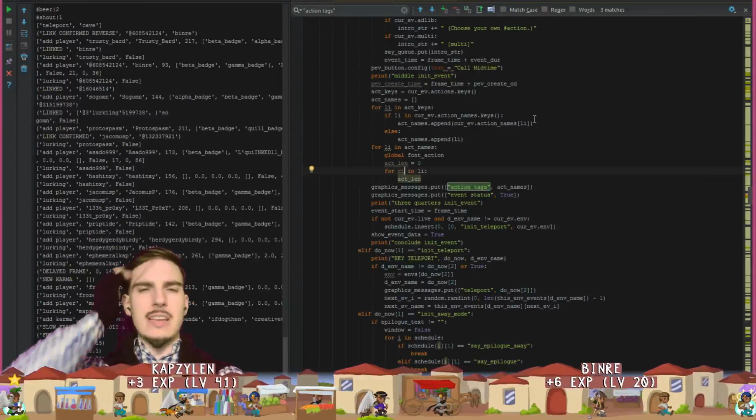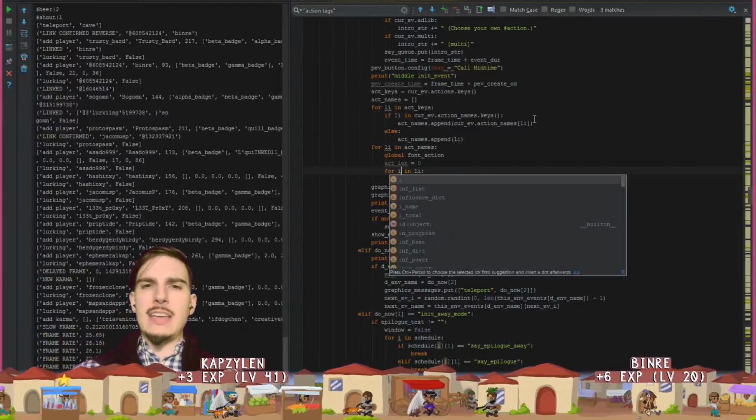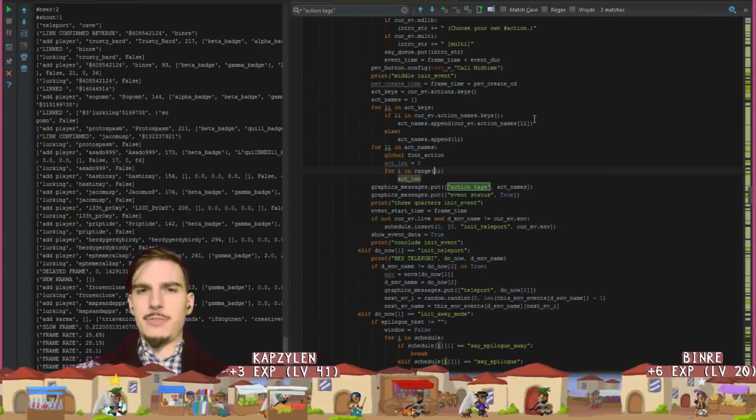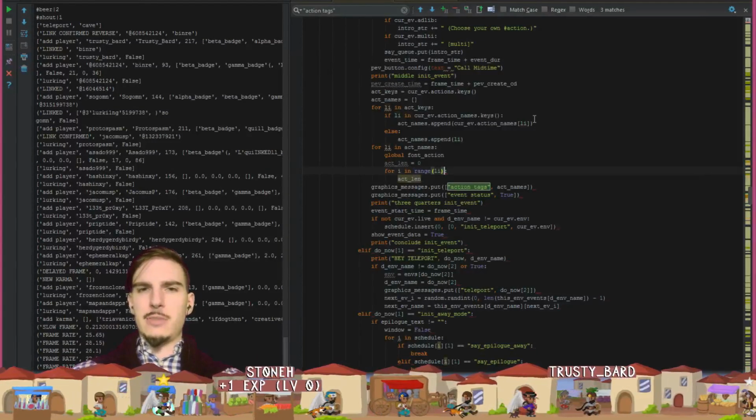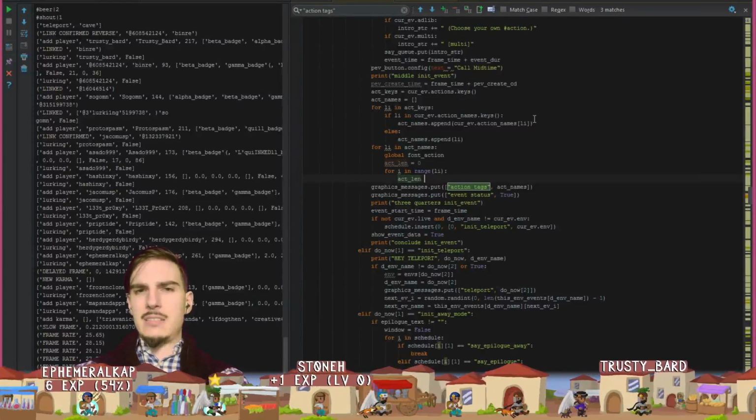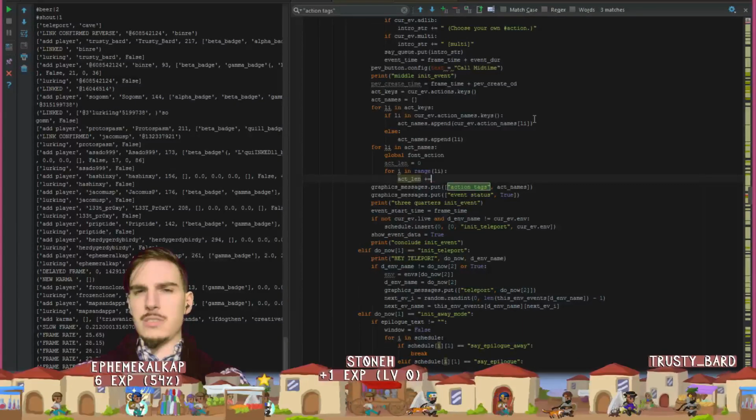Instead of that, we're going to say for i in range of the length of li, we're going to say act len plus equals